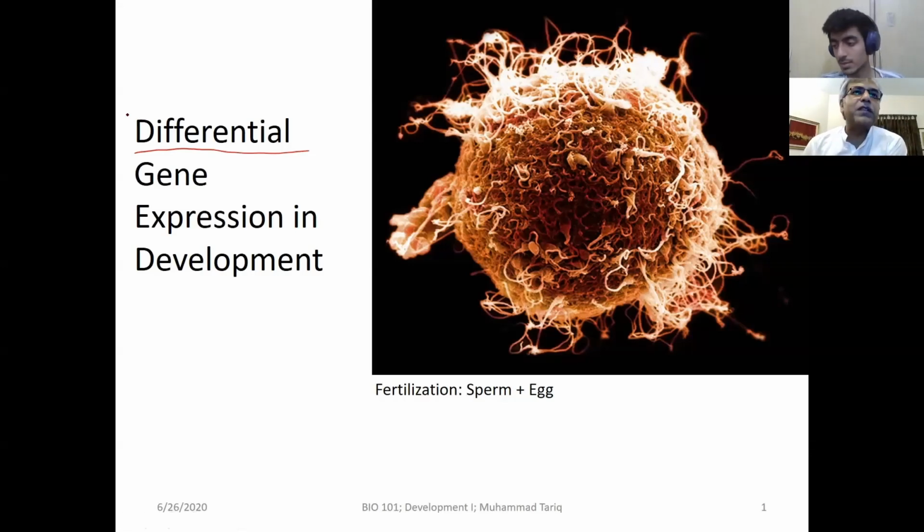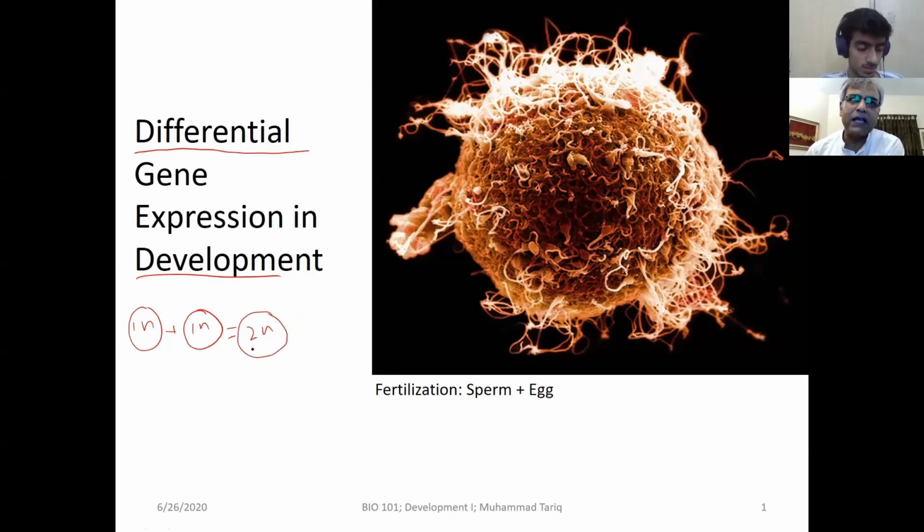So today we are going to start differential gene expression linked to the process of development. As we learned yesterday, after fusion of sperm and the oocyte, the two haploid gametes, the 2N diploid zygote is formed. This zygote undergoes many mitotic cell divisions,